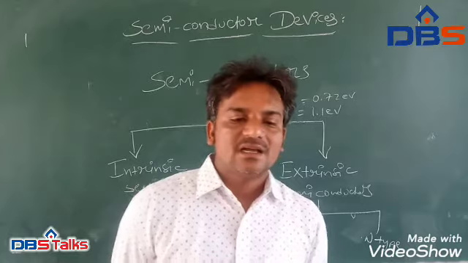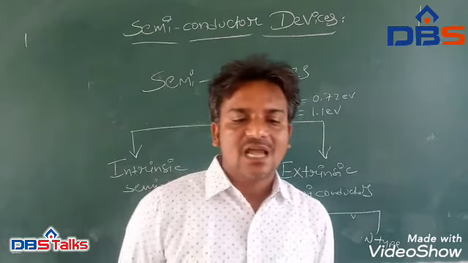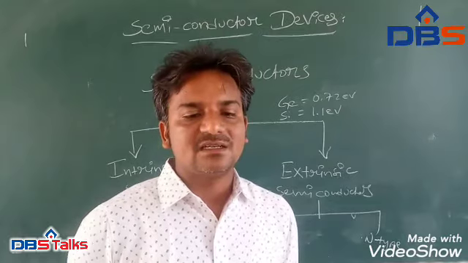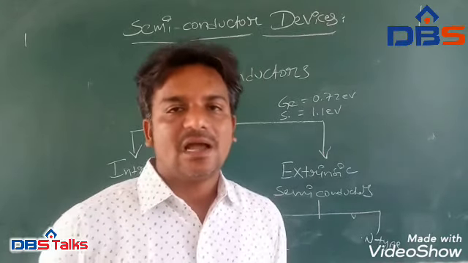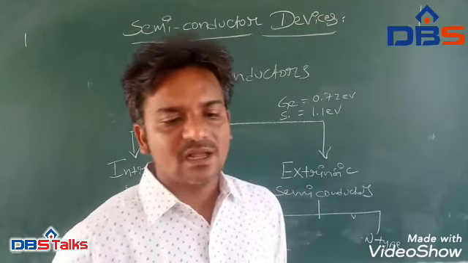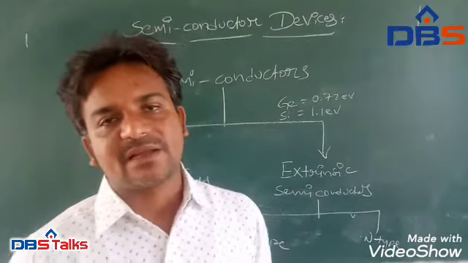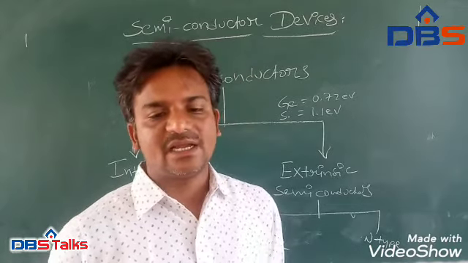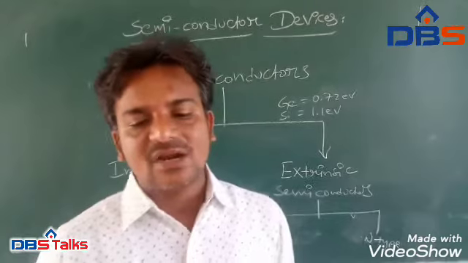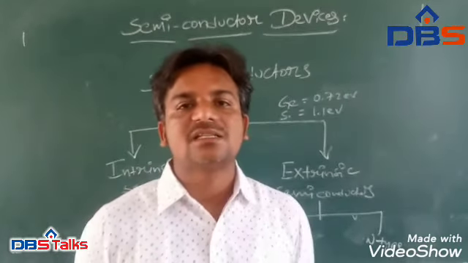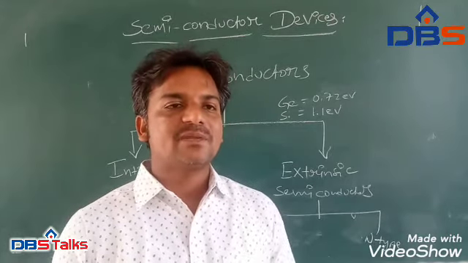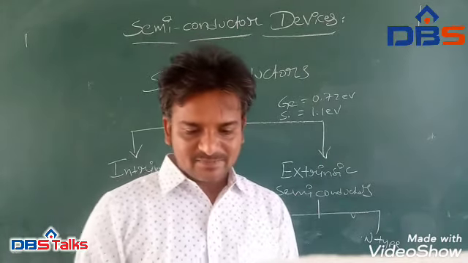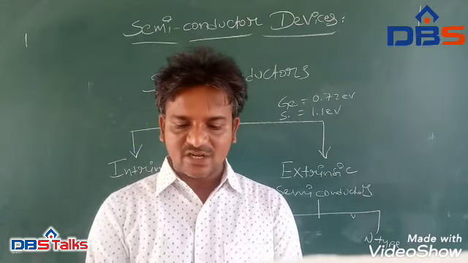And the next one: the electrons are majority charge carriers and holes are minority charge carriers in an N-type semiconductor. Since we have the donor, based on that reason, electrons are the majority and holes are minority carriers. In case of a P-type semiconductor, holes are greater than the electrons. That's why the holes are the majority carriers and electrons are the minority carriers. So these are the main differences between N-type and P-type semiconductors. A P-type semiconductor is formed when a small quantity of acceptor impurity